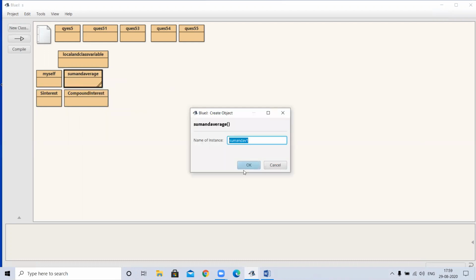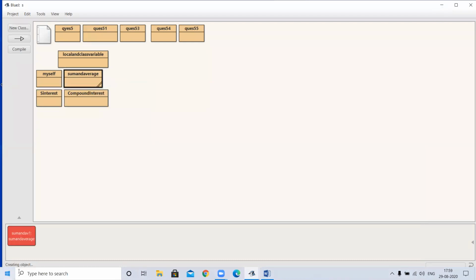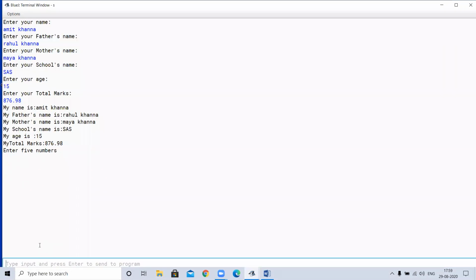First of all, we will create the object. Now, which one do we have to run? My function name was sum average. Okay, enter 5 numbers. This is the output of the last program. Okay, see now the new output for the new program: enter 5 numbers.